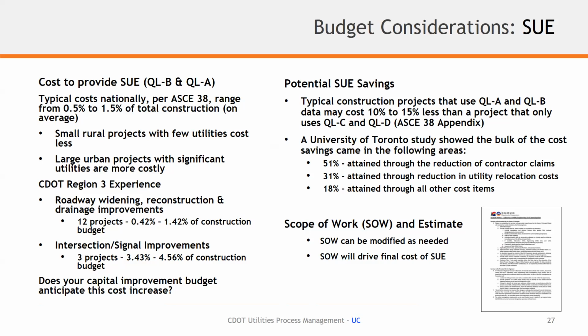There's also information published by, for example, University of Toronto. In this study, the bulk of the cost savings came in the following areas: contractor claims, less contractor claims, which is certainly attractive to a project when it comes to construction. Reduction in utility relocation costs,